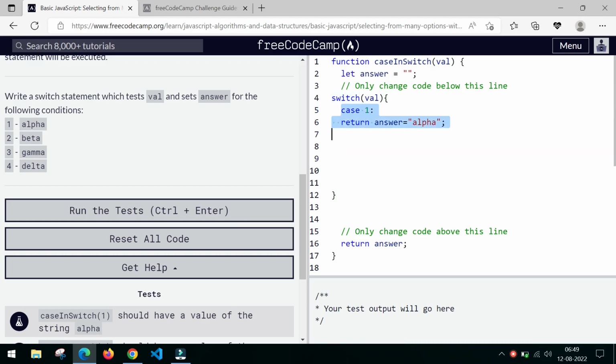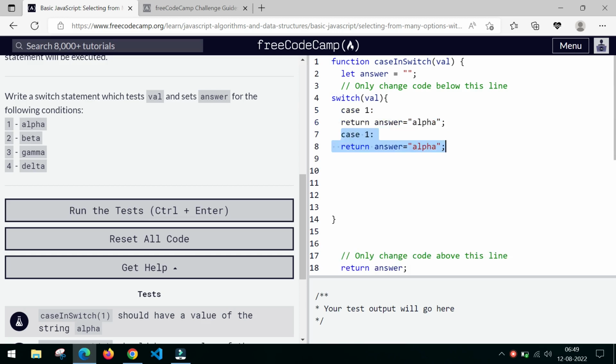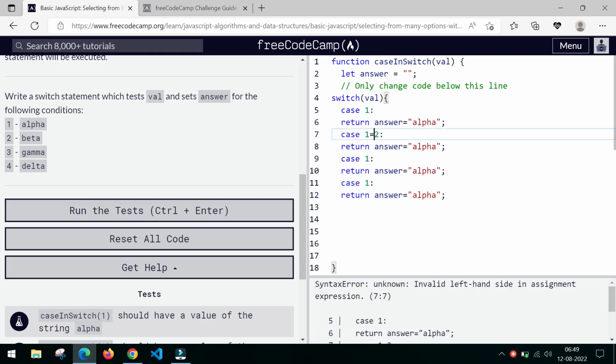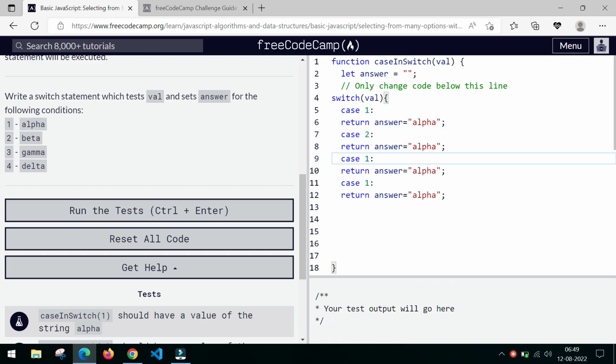For example, I am selecting this and using alt shift down arrow. Okay, and I am going to give for the cases 2, 3, 4, and the answer will be beta, gamma, delta. Okay,